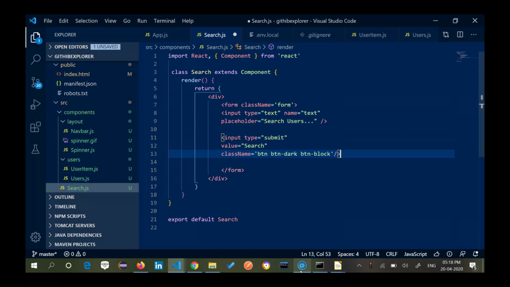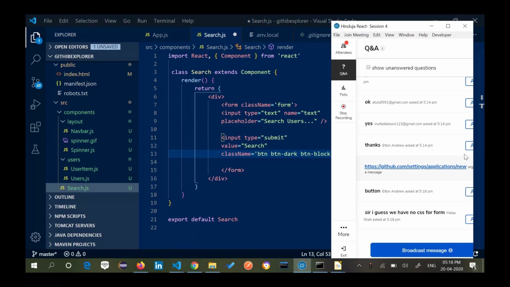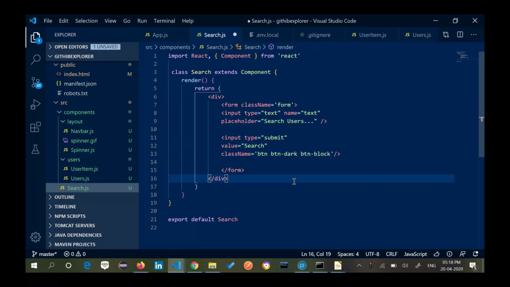This is all basically defined inside my CSS, so let's see how it works, because I am using exactly the same CSS that I have given to you guys.